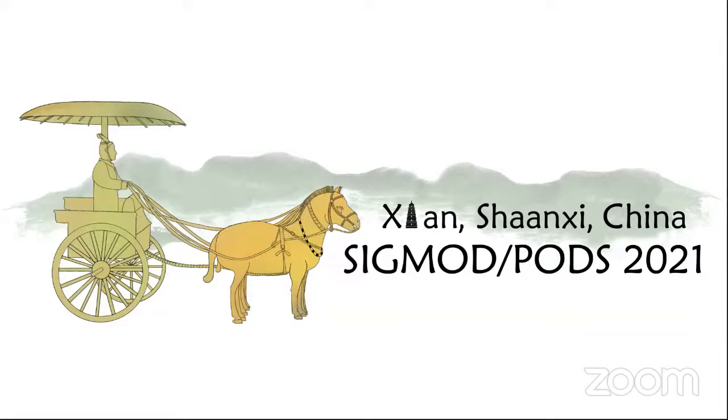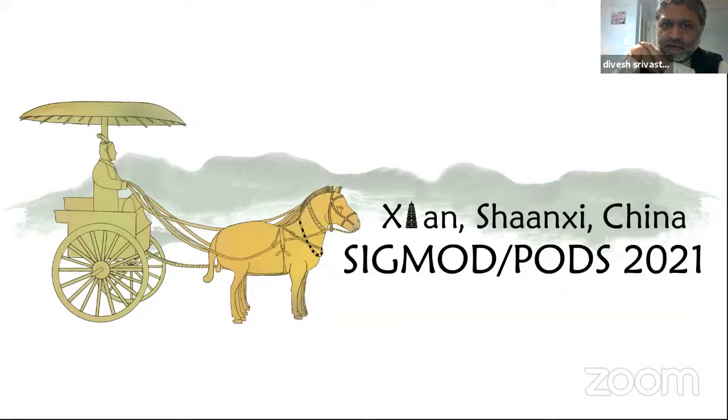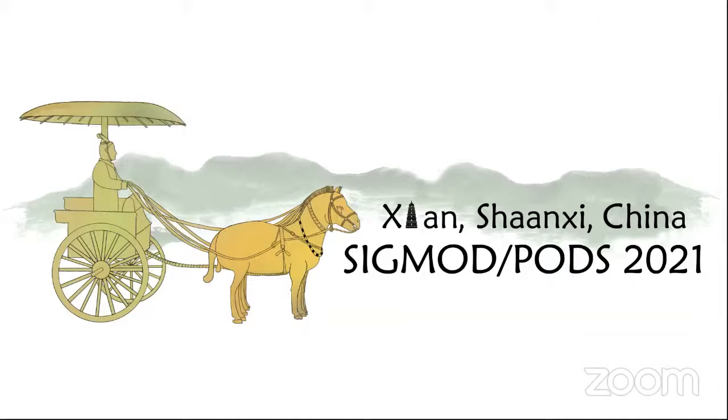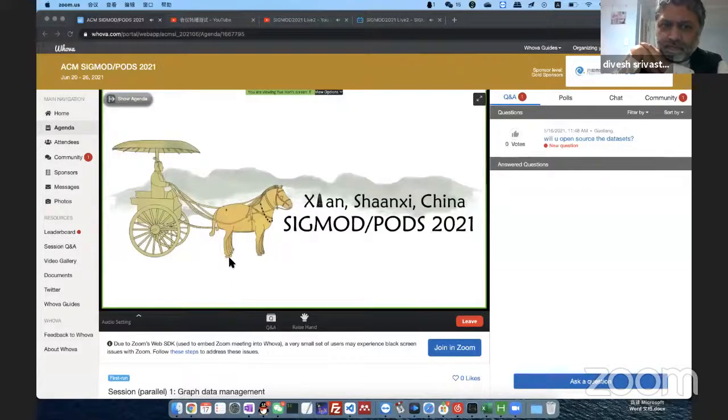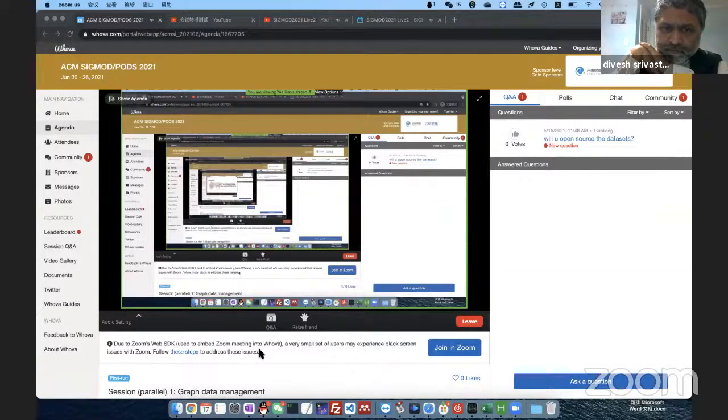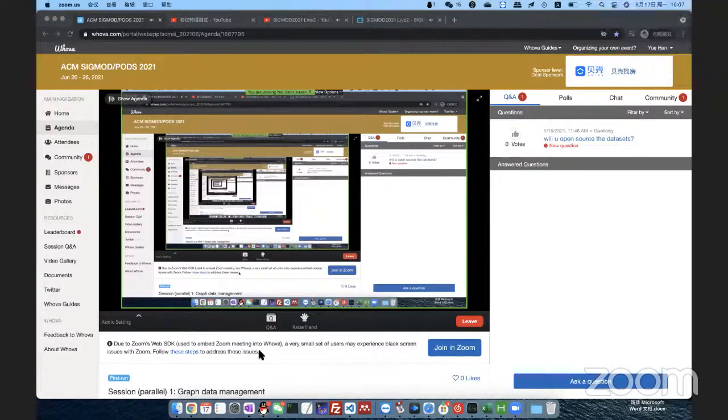Right now, we only see the front page with the logo of SIGMOD. We don't see anything in Hua. We will share the Hua again, so please repeat your question. Sorry. So we do not see Hua right now. Okay. Here is the Hua